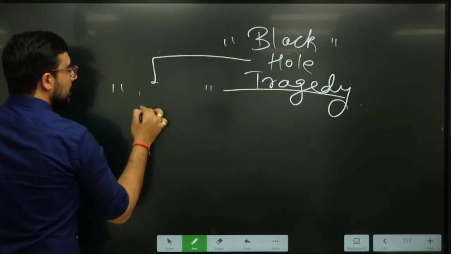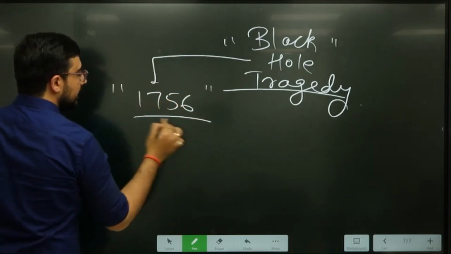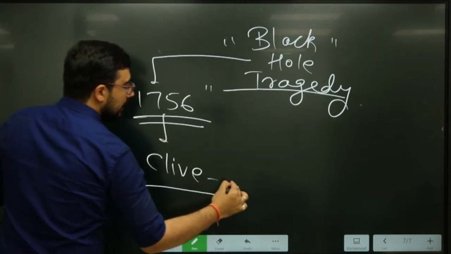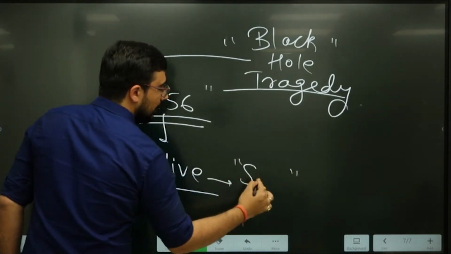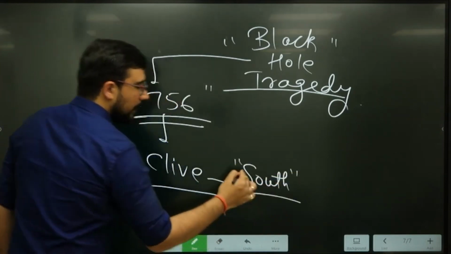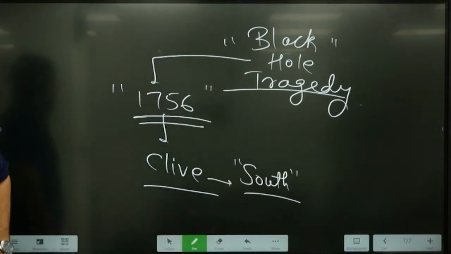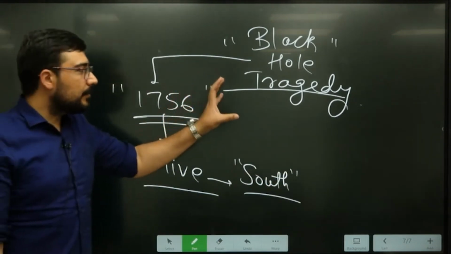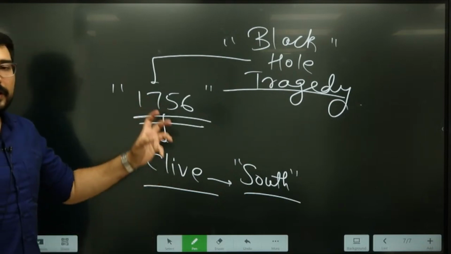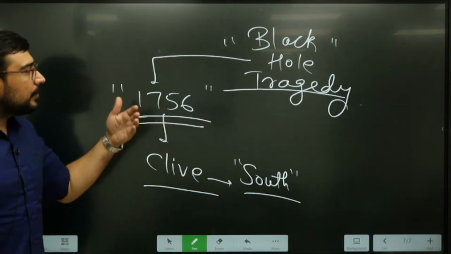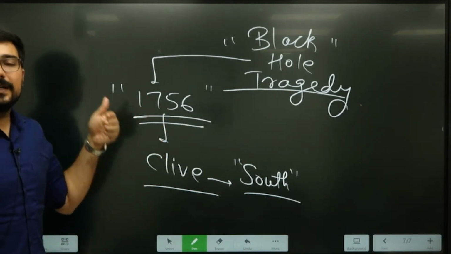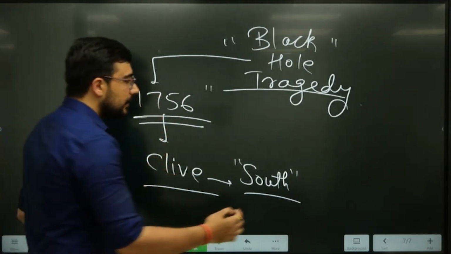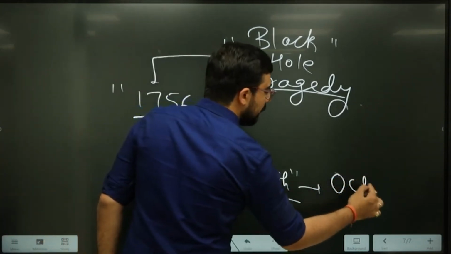When this Black Hole Tragedy happened in 1756, as a result of this, Clive started his journey from, okay, he started his journey. चलो मैं देख के आता हूँ क्या चल रहा है वहाँ पे, because this was becoming a town. Town की talk बन गया था main. That some of the people, some of the British people, they have been killed by the Nawab, and that too mercilessly. He started his journey from October 1756,